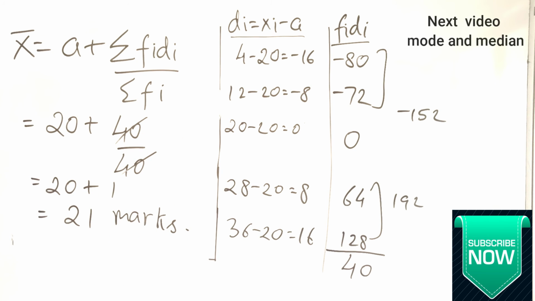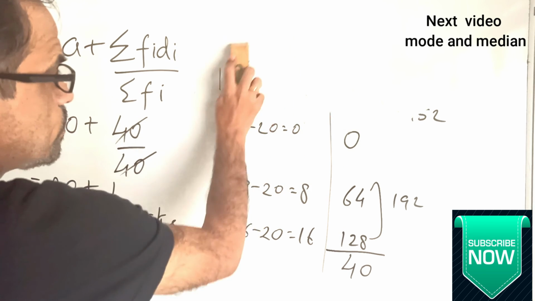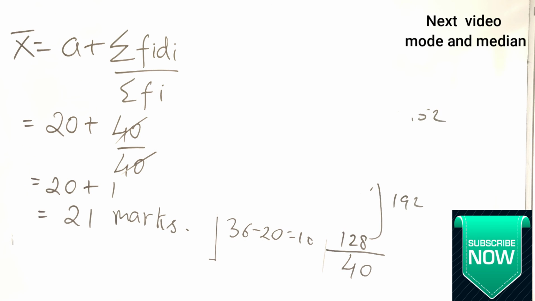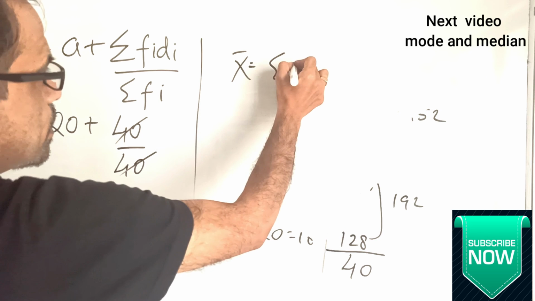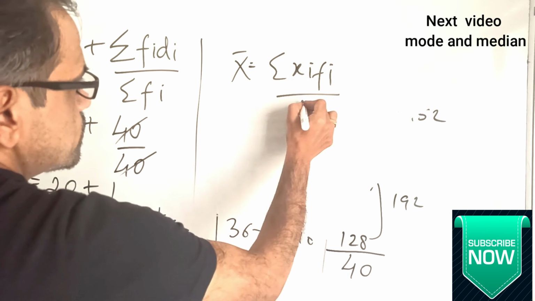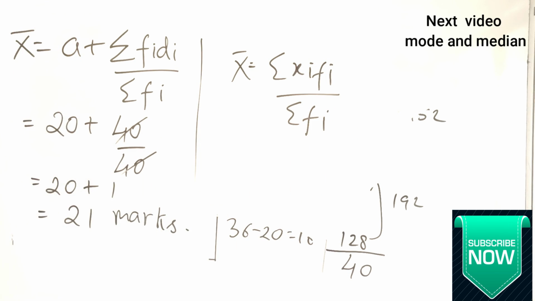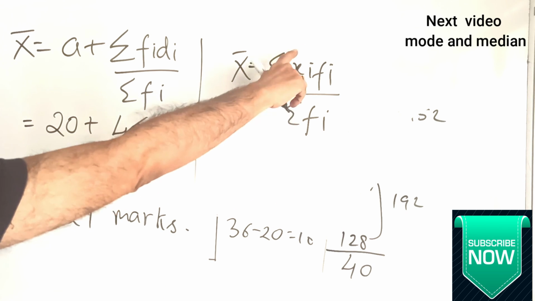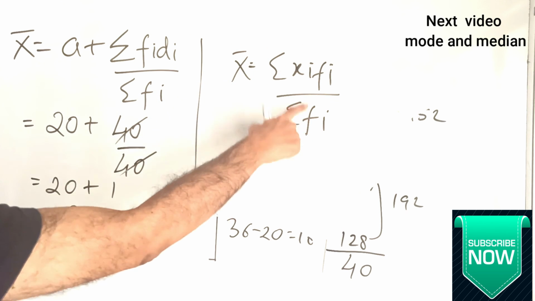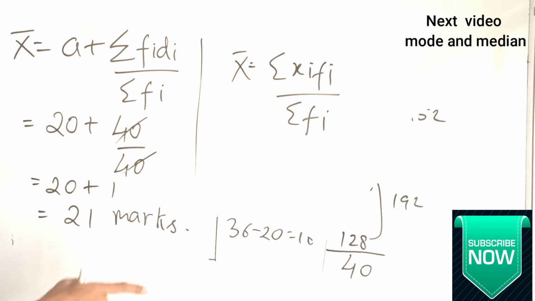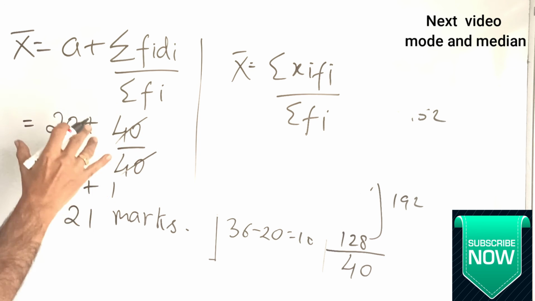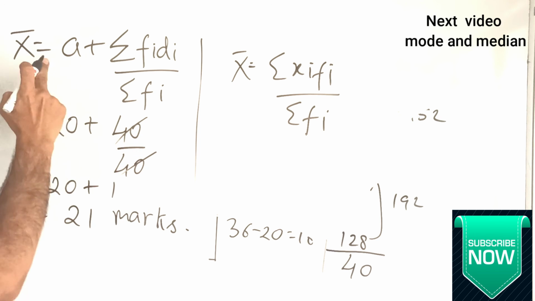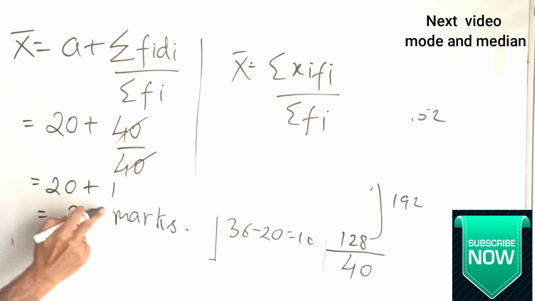Okay students, so listen, you can compare this. Previously we used the direct method. In the direct method we use the formula sigma xi fi upon sigma fi. In that we simply multiply xi, the mid value, and frequency and calculate. But to reduce the calculation, we can use this formula also for larger numbers. Whenever the data has larger, tedious numbers, you can use this one. So the calculation will be very easy.